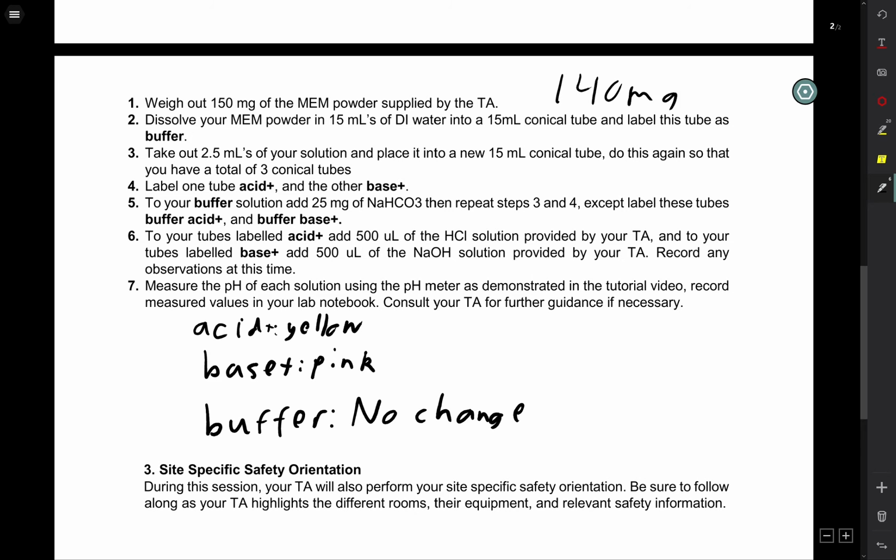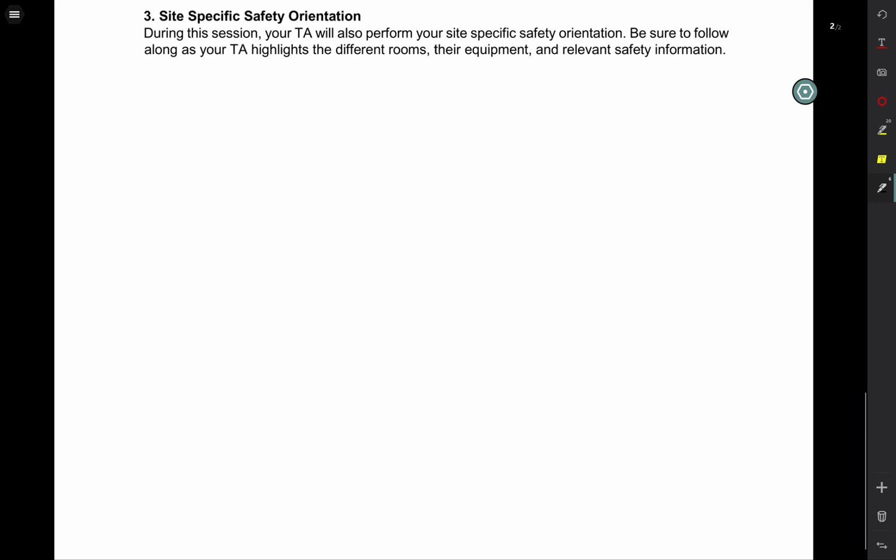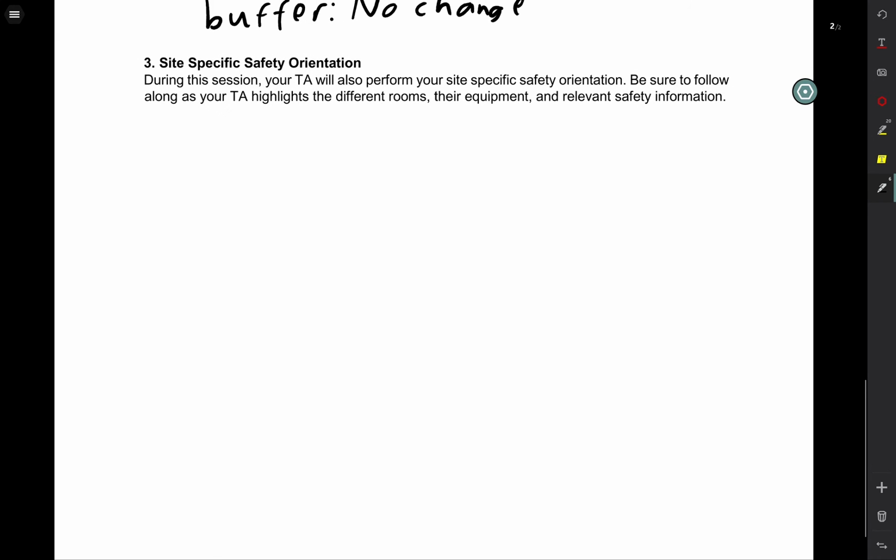After finishing this notebook example, your TA is going to do your site-specific safety orientation. During this, they will walk you through the different rooms of the lab, and you will need to initial and write down the locations of specific safety features on a form provided by the TAs. These safety measures are designed to keep you safe, and they're enforced by EH&S, so please pay extra attention to